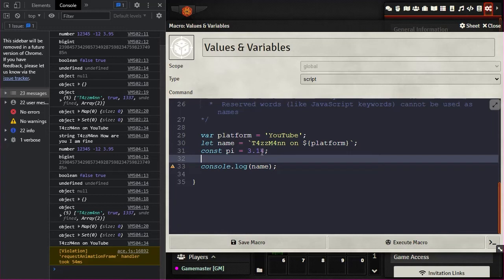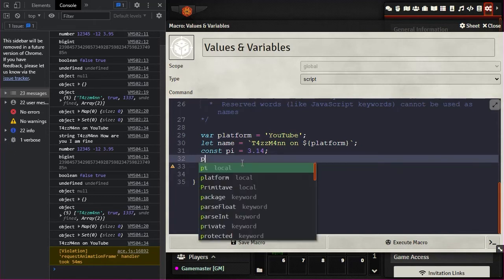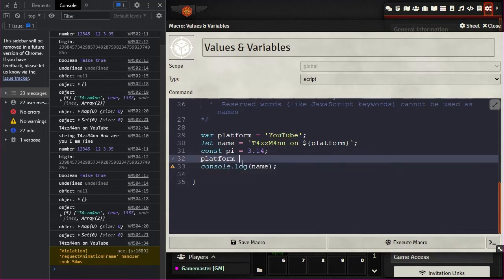So later on, if I want to change any of these others, like if I wanted to say Twitch instead for platform, I could simply come in here and say platform equals Twitch, T-W-I-T-C-H, and then a semicolon to end it. Now, of course, name is still going to be Tasman on platform YouTube, because this is going to actually execute before that. So when we run it here, this has already been assigned YouTube, and platform will not have